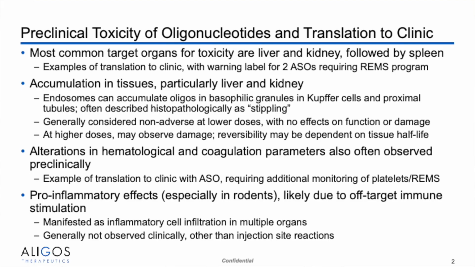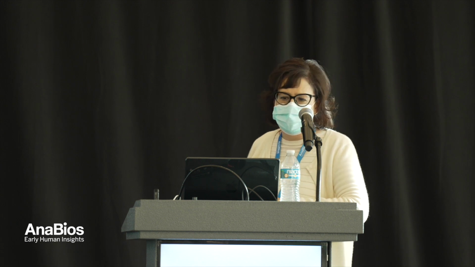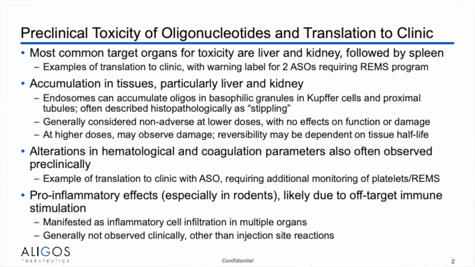So, preclinical toxicity of oligos and the translation to the clinic. The most common target organs are the liver and the kidney, primarily because those are the two organs that see the most of the oligonucleotides in the body, followed by the spleen. There are examples of translation of this to the clinic. There are two previously approved ASOs that have a warning label and have to have a REMS program to monitor for that. So what we do see is that you can have accumulation